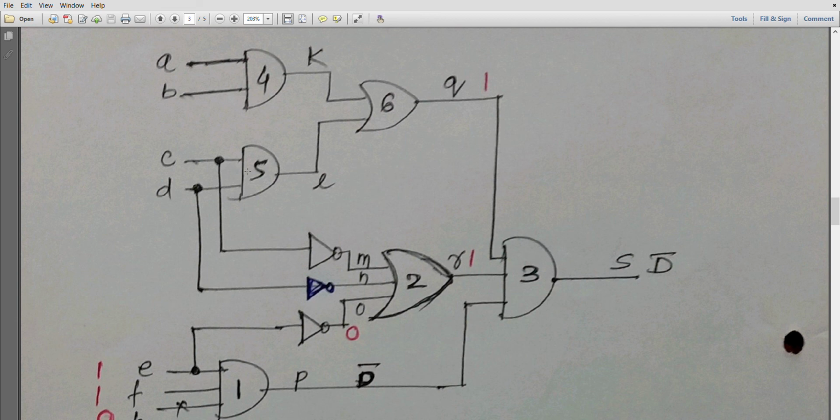So I am making C as 0. If I'm making C as 0, the M will come out as 1. If M comes out as 1, then R will always be equal to 1, irrespective of the input at D and irrespective of the input at E, because OR is sensitive to 1. So if any input of OR is 1, the output will always be equal to 1. So E equal to 1 and C equal to 0 will give me the correct test pattern.